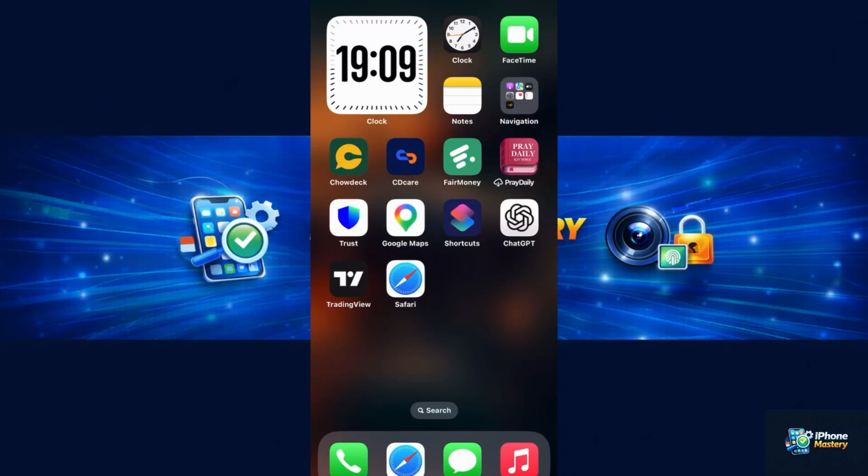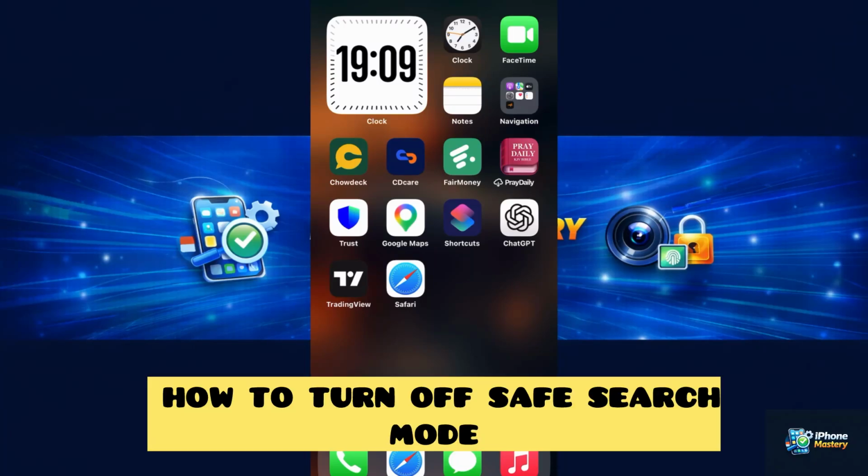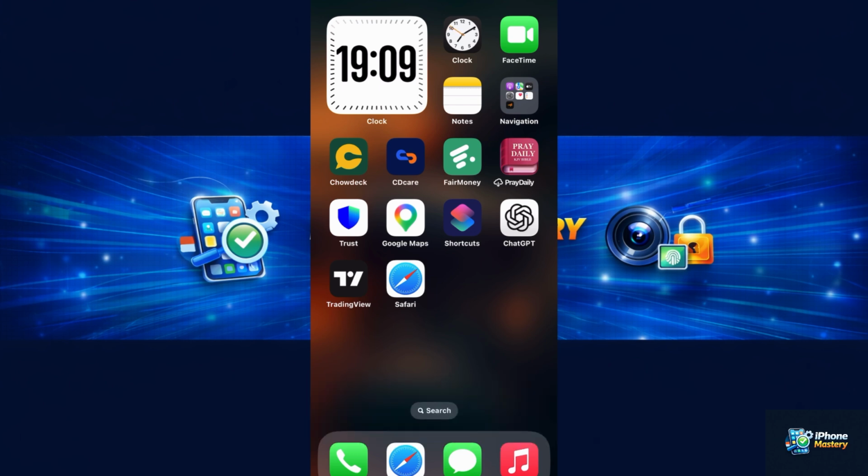In today's video, I want to show you how to turn off Safe Search mode on Google iPhone. To turn off the Safe Search mode on Google iPhone, the first thing I want you to do,